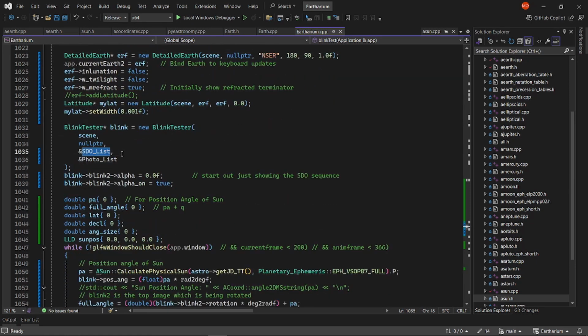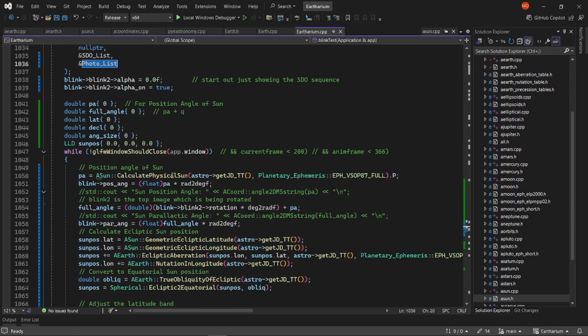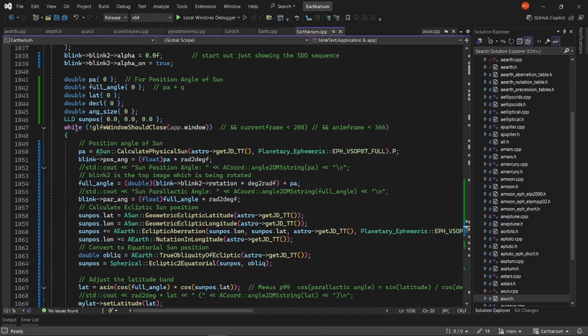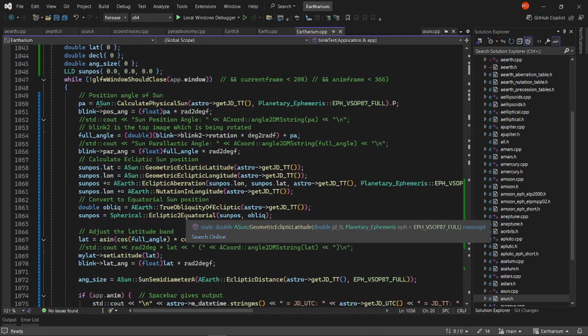And this is the list of all the images that I downloaded from SDO, and this is a list with just one picture, which is what I snipped from Charles's video. And then I drop down here and I basically run in a loop